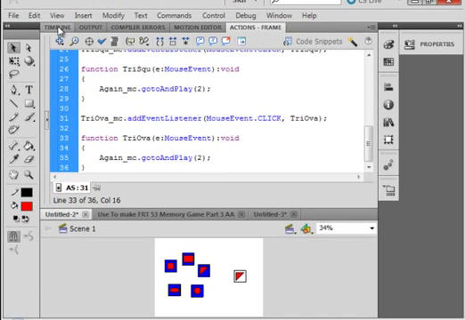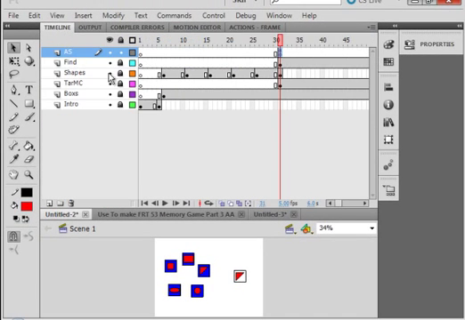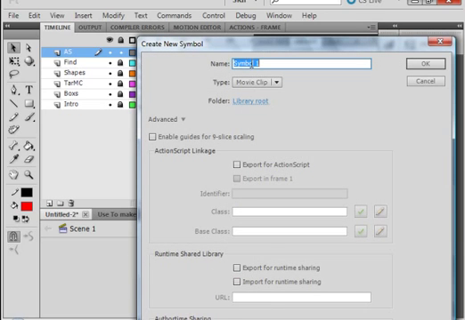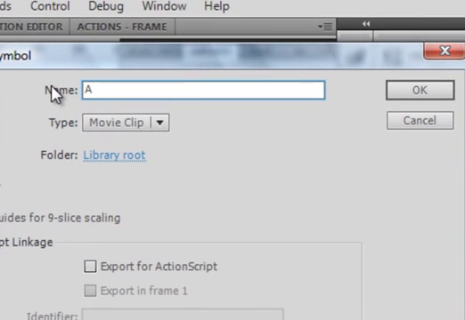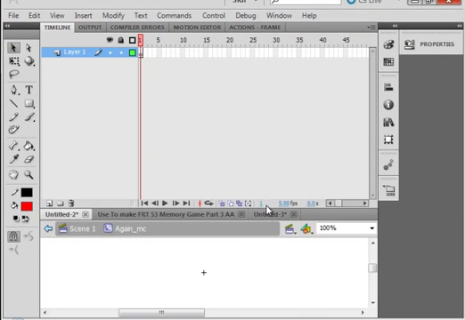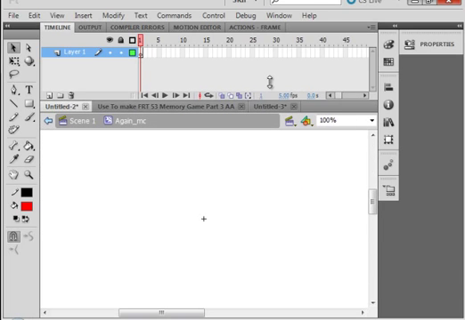Let's go back to the main timeline. Open the library panel. Come down to this corner, new symbol. Make sure movie clip is selected, and we called it Again, AGAIN_MC. Okay, now we're inside this new movie clip. And we want to pick up the text tool. All of our fonts and things are set for us. Make a good long text box and say